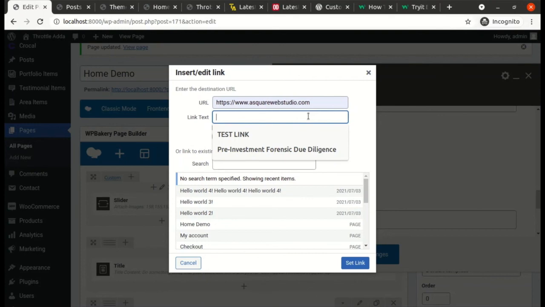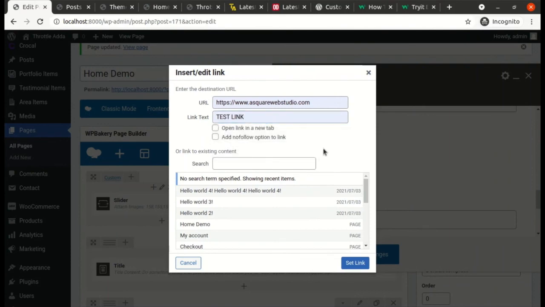Link text. Okay, so an image with a link text, or else just an image with a link. So if I want to put some text so that people read it and click on it instead of just clicking on the image, I'll put this. I will make sure that it is opening in a new tab.